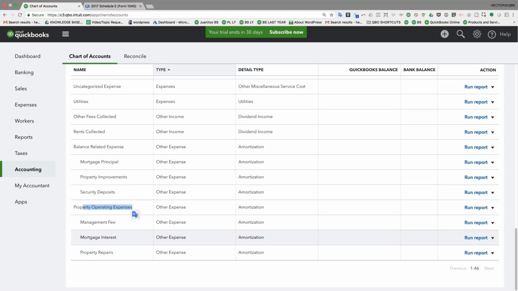The management fee they pay us, the mortgage interest, the property repairs, utilities, that sort of thing. Okay, and then rents collected would be for collecting the tenant's rent, and then other fees collected would be to collect additional fees from our tenants. So now let's see how this operation will look. So I'm going to create a new invoice,